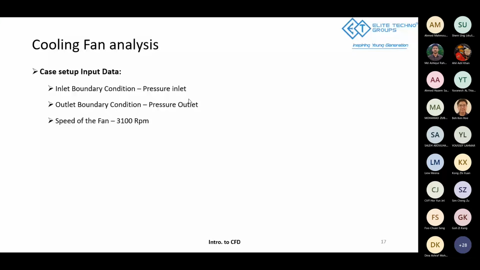Using that difference, the software will be able to calculate the maximum flow rate achieved through that simulation, with the speed of the fan being 3,100 RPM. That is of primary analysis. That is how any analysis with a moving part is done, where you initially identify.